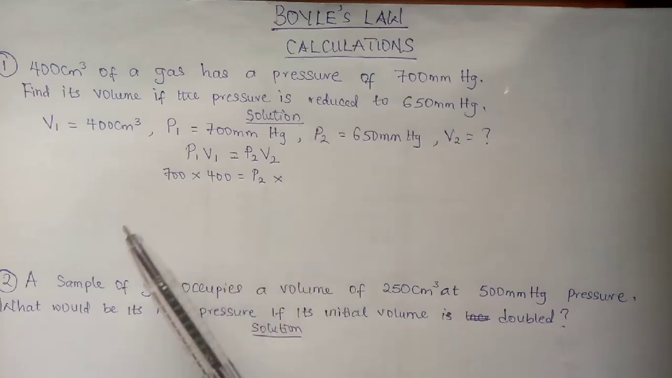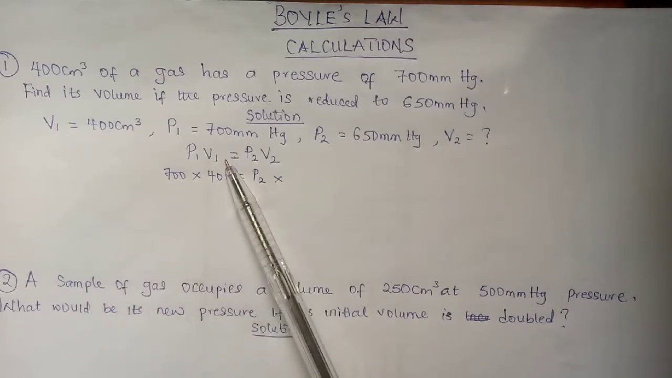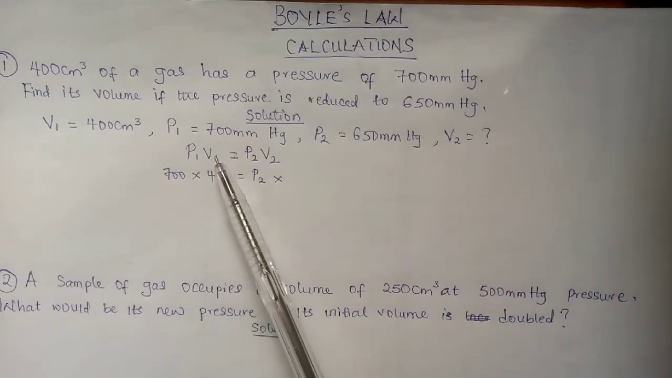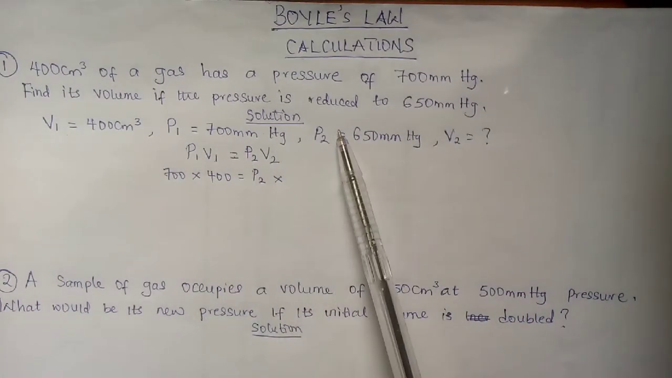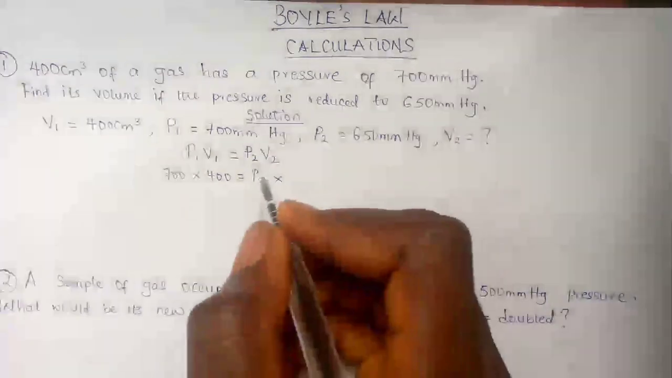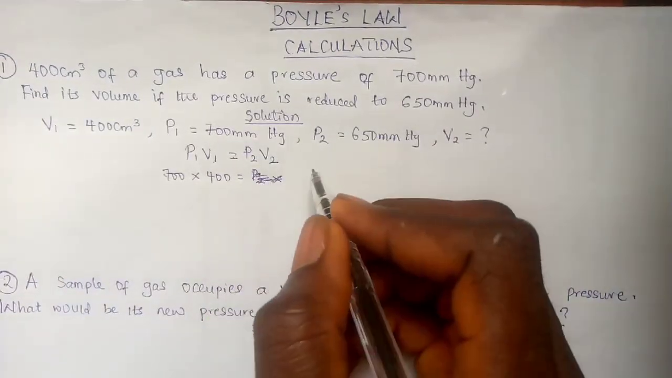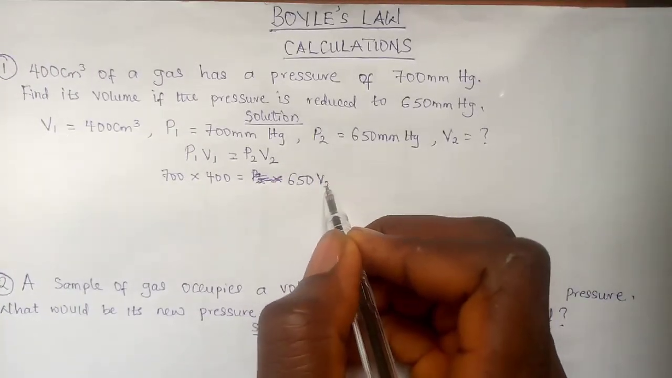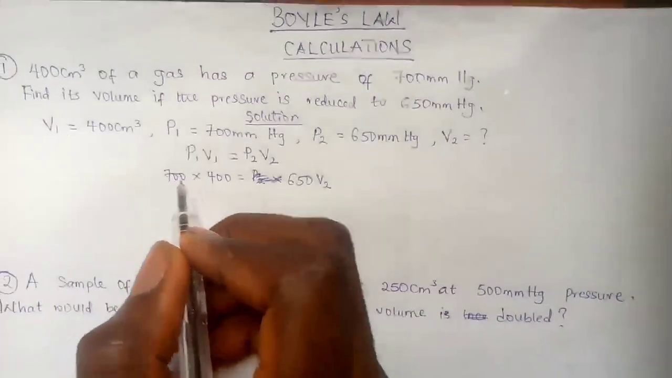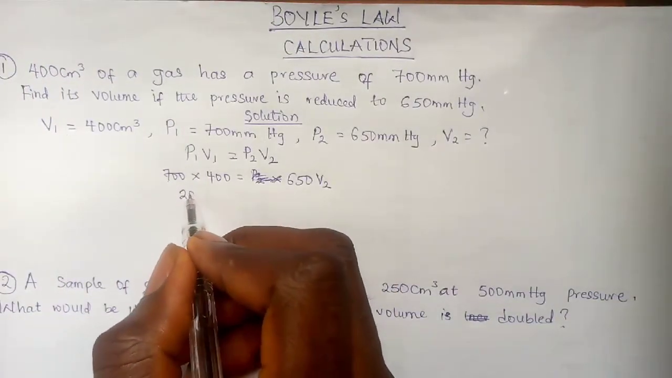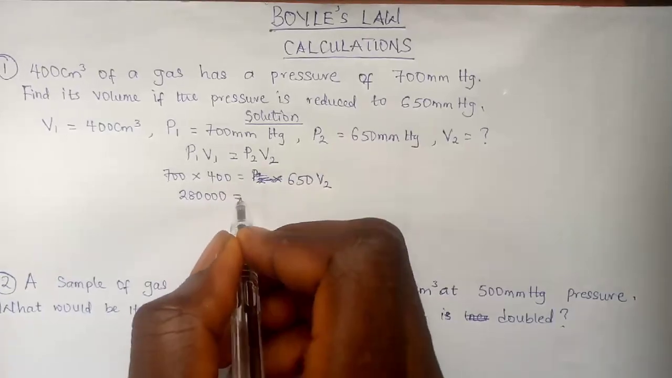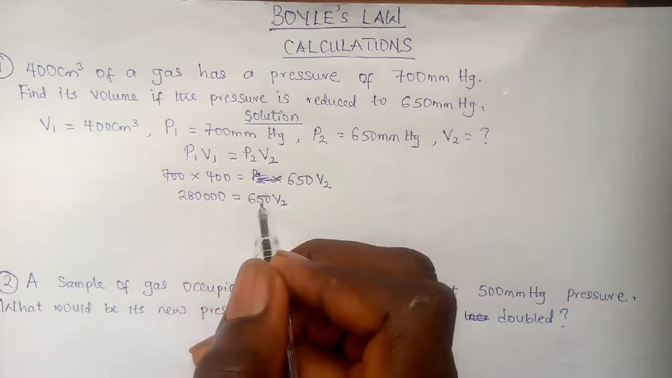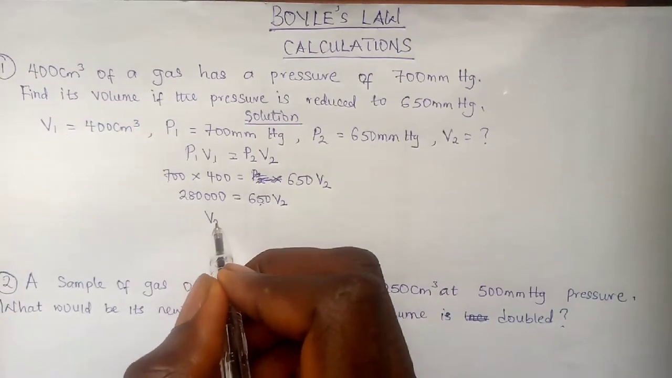Then from Boyle's law, we have that P1 V1 equals P2 V2, and our P1 is 700 times V1, 400, then our P2 is 650. Then V2 is unknown, so we'll leave it the way it is. So 700 times 400, when we do that on our calculator, we have 280,000 equals 650 V2. Now when we divide both sides by 650, we have that V2 is equal to